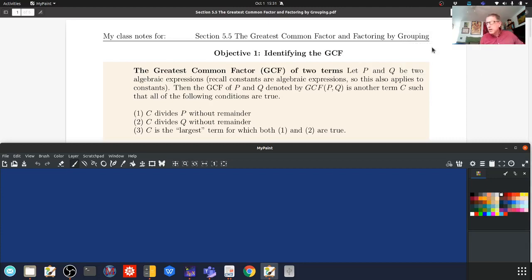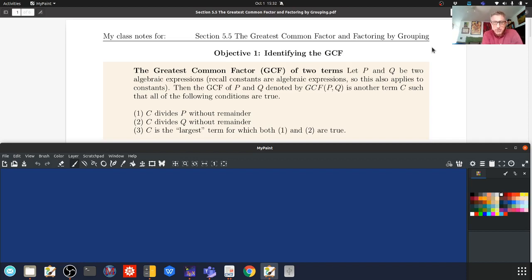Okay, let's start section 5.5. It's on the greatest common factor and factoring by grouping. This is really central. That's a really central skill in algebra. We'll use it for the remainder pretty much of this course, and it also plays a really large role in college algebra. So I'm going to start out with the definition, because everything in mathematics satisfies the definition, and